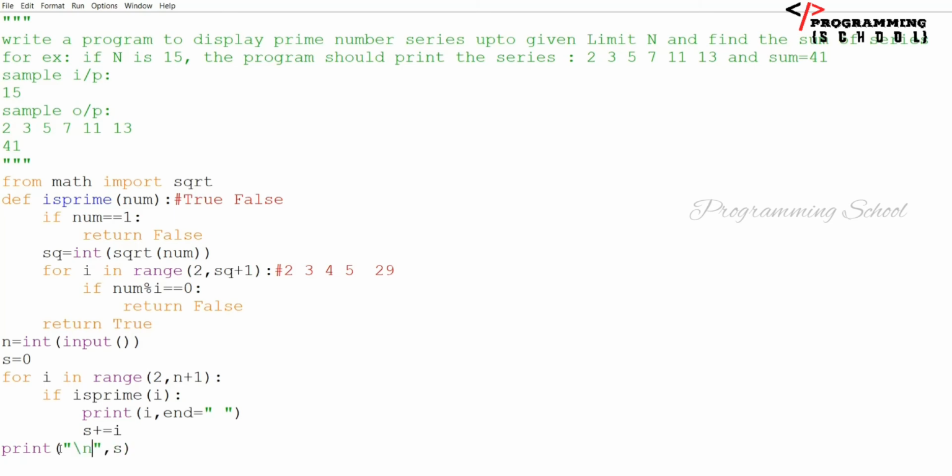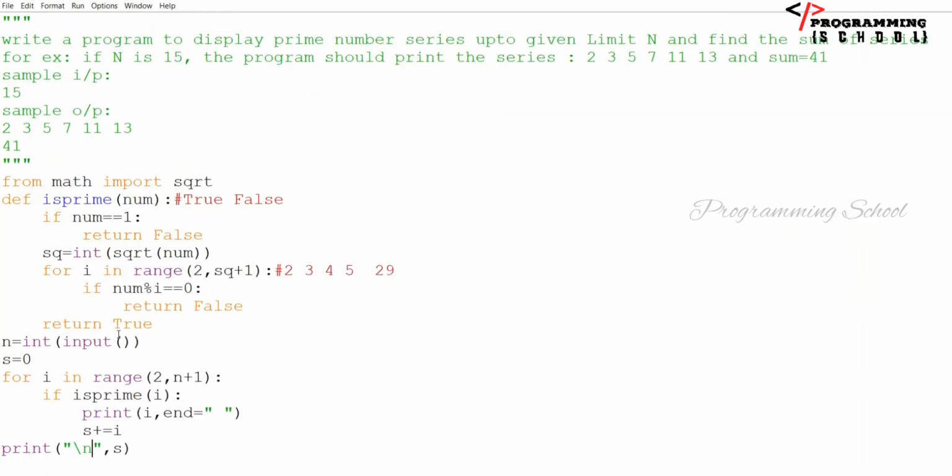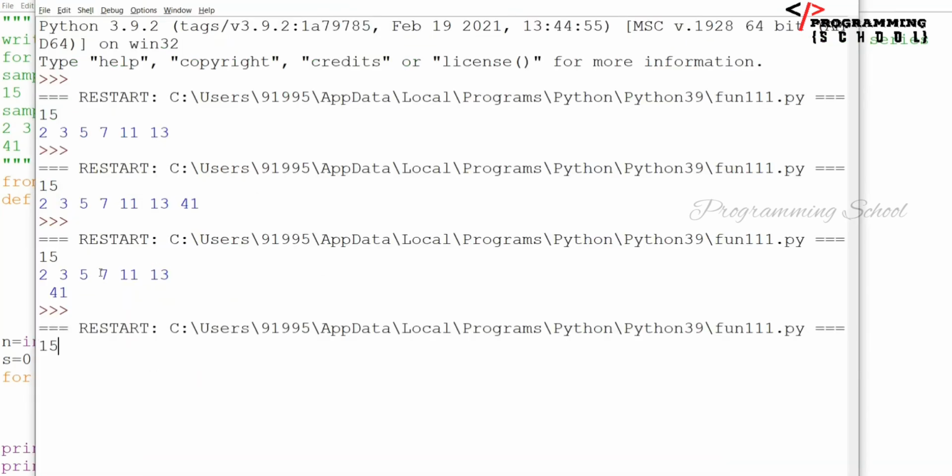I have to print an extra line, that's why I'm going to take it like this. If it is 15, the output is going to be like this. Yes. Is it clear, everyone? It is not working perfectly. I want to print in a new line. Just simply print, that's it. No need to write like this. If it is 15, yes, it's working perfectly, right?